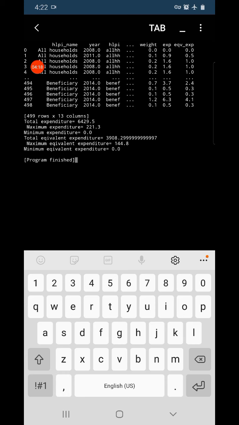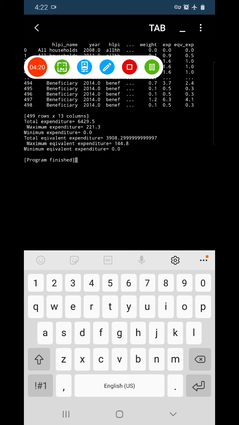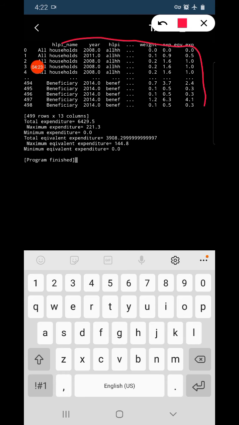And this is our CSV data frame that has been imported from the CSV file household. So we have plotted this expenditure column and equivalent expenditure column. So these dotted lines indicate that in between these two columns there are a large number of columns, and here also a large number of rows are present in between. You can see there are 498 rows.